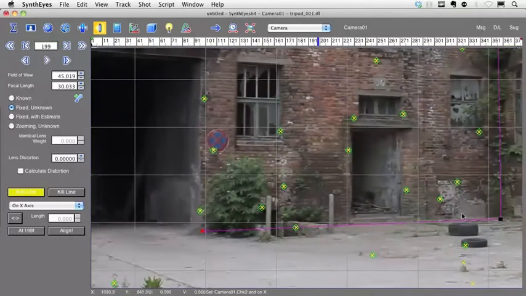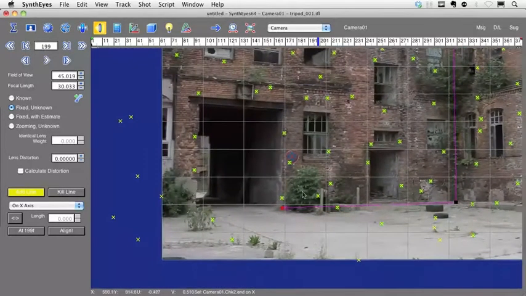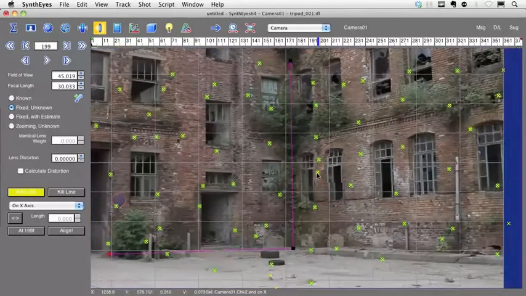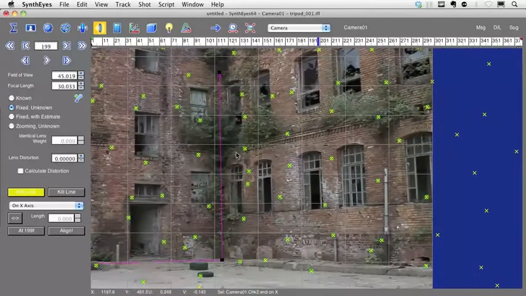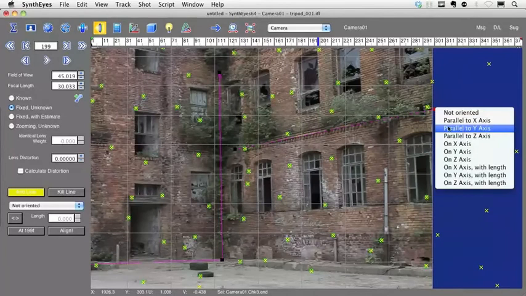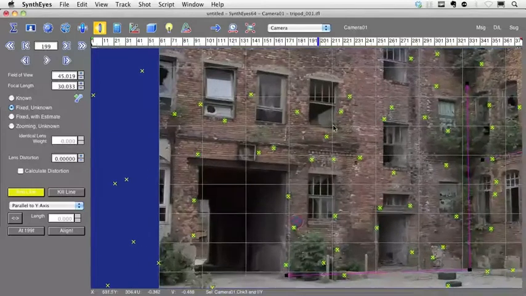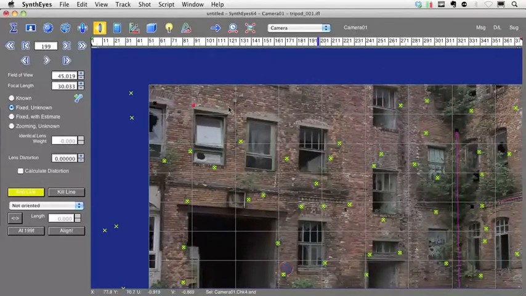And then make sure it is really here on that axis. And I think this floor is not really straight, it's going a bit down, so I would say we have to come a little bit higher here, maybe like that. So in this case it's not very easy to match that axis point. That should do the job. And we can now go ahead and maybe help SynthEyes a bit more by inserting a new line that will be parallel to the y-axis. And in this case, it doesn't matter in which direction this line is pointing. And we can help SynthEyes even more by creating a few more lines,